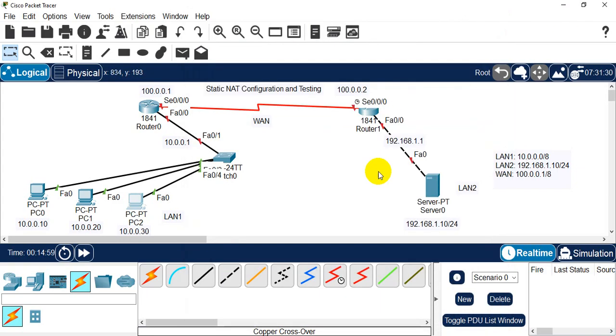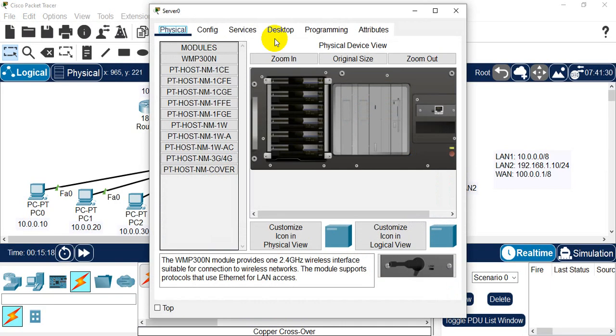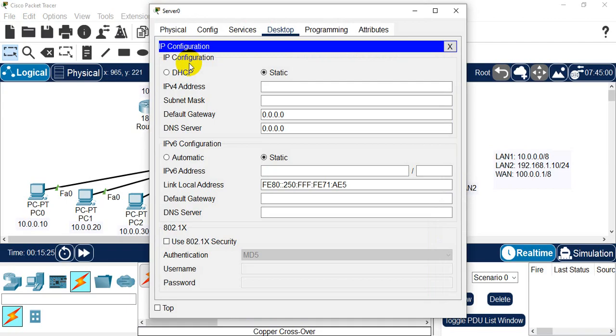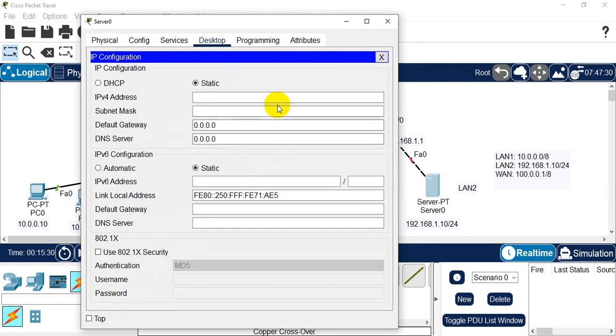Now we assign the IP address to the server, because first we assign the IP address to the hosts and then we go to the router. This is the same way as we configure the IP in a PC. The server can be configured in the same way. Just click on the icon, go to the desktop, and there we can find the IP configuration box. Let's go into that and assign the IP address as we assumed. So for server 0, we have assumed the IP address